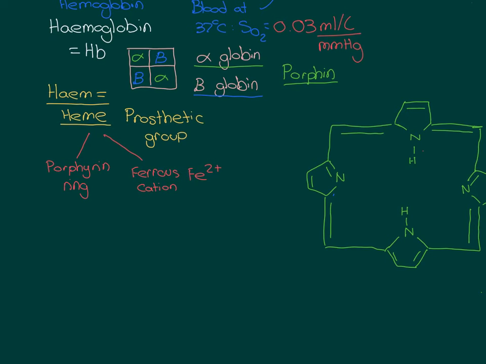To make a heme group, we need a porphyrin ring and a ferrous cation. There are lots of different porphyrin rings, and therefore we could make lots of different hemes. The type of heme that is present in hemoglobin, that is attached to the globin polypeptides of the globin tetramer, is known as heme B, and this has a very specific porphyrin ring, which I'm going to show you the